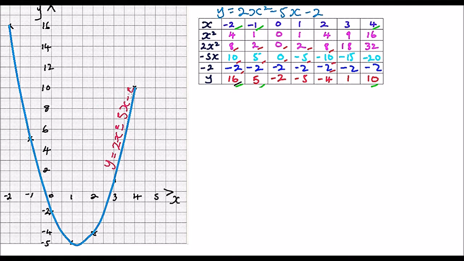We are supposed to use this graph to solve the equation 2x squared, that is Roman numeral 1, minus 5x minus 2 is equal to 0. If you look at our function here, that is y is equal to 2x squared minus 5x minus 2, and our equation, you can see that y is